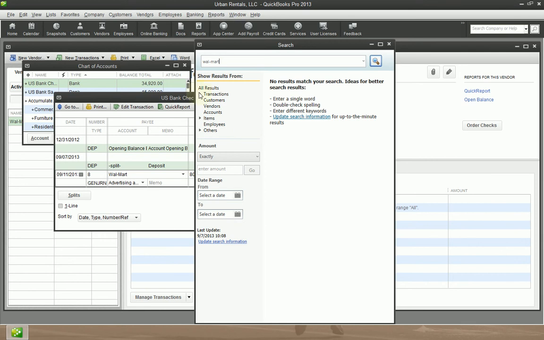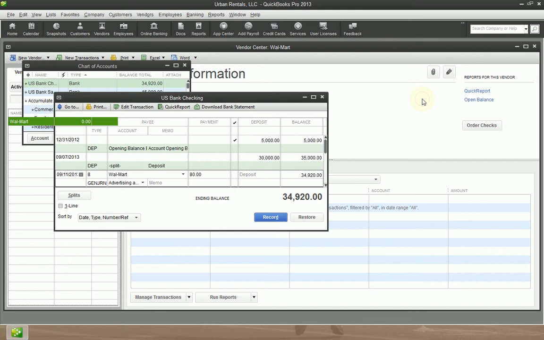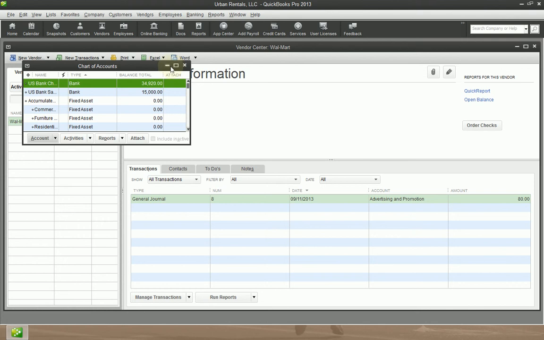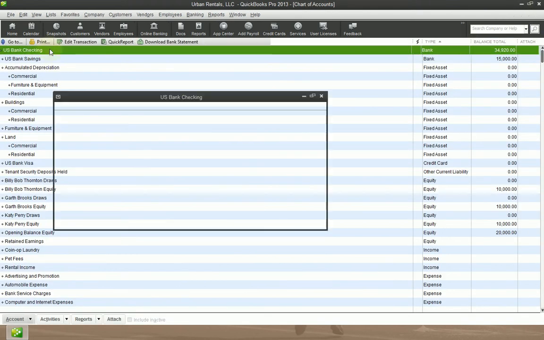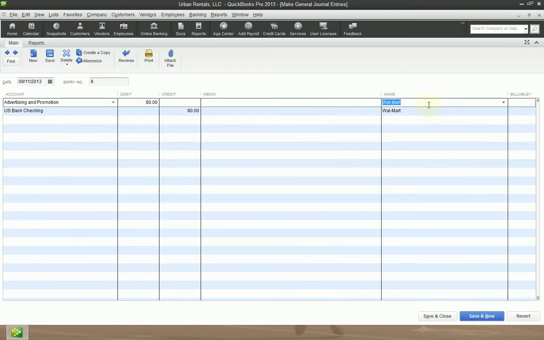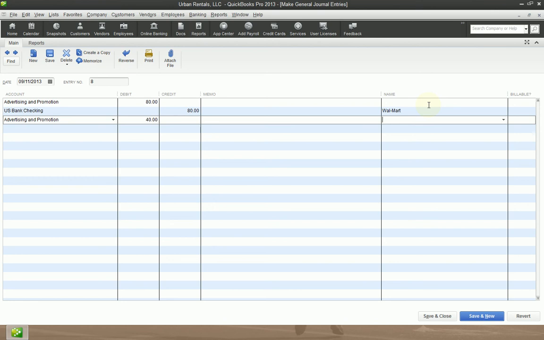That's crazy. Interesting. Anyway, okay, so ignore that. Don't search for it. I guess search will not help you. You'll have to go through each of the registers or go through each of the journal entries to see if you can find where the name might be. I thought at first it had something to do with an expense account, but that's not the case either, because